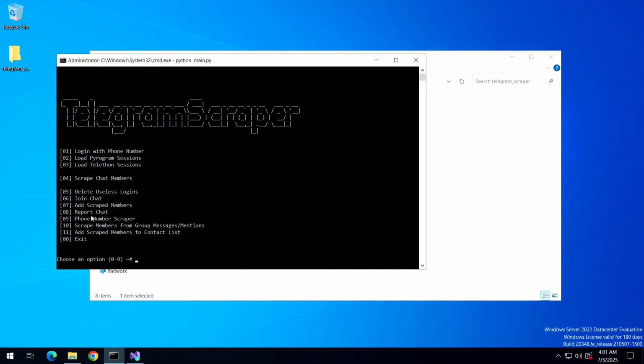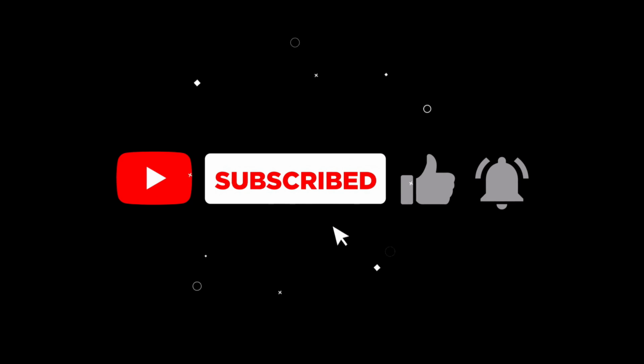There are many other options such as report chat and join chat that will use all your Telegram accounts that you've logged into. There is also an option for deleting useless logins. This option is for removing useless Telegram accounts that you logged into previously but were limited by Telegram for adding group members. We also have other options, and some options are coming in the next update,